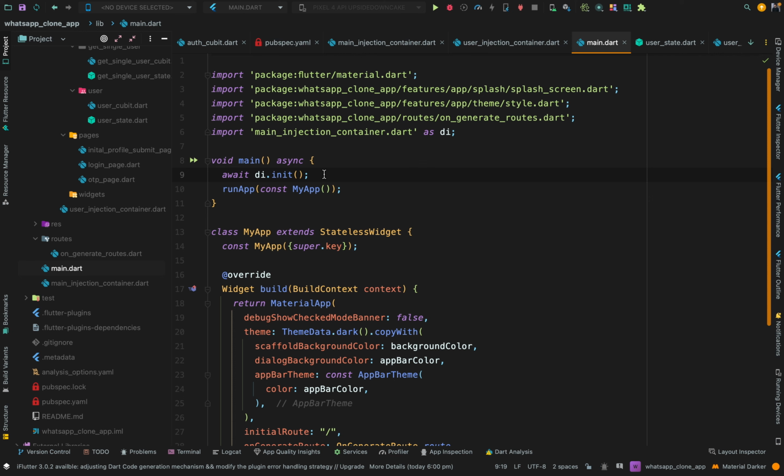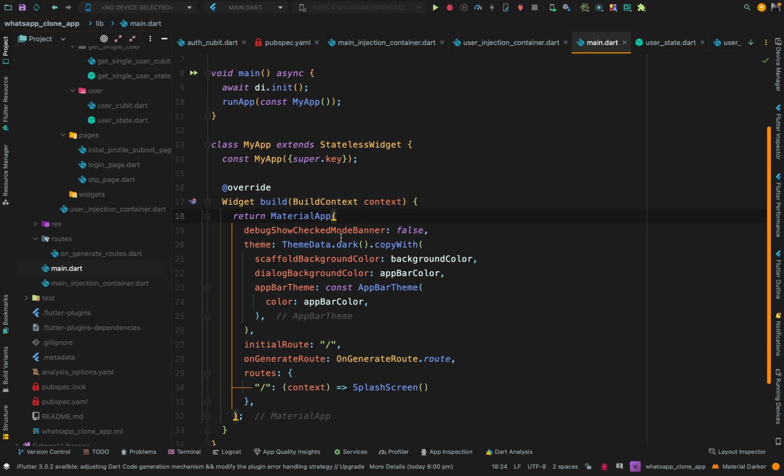So that is how, using dependency injection with the help of Get service locator, we have decoupled the classes from their dependencies and they accept the dependencies from outside, and while creating the instance we directly call the registered class by using the type with the help of Get service locator. And you will see this in the next video when we will be able to provide the auth cubit and also the other cubits on top on the root here on the material app, so to make them available to all the descendant widgets